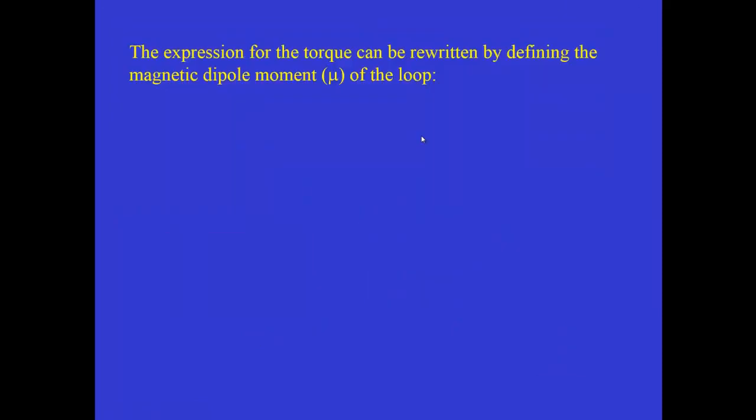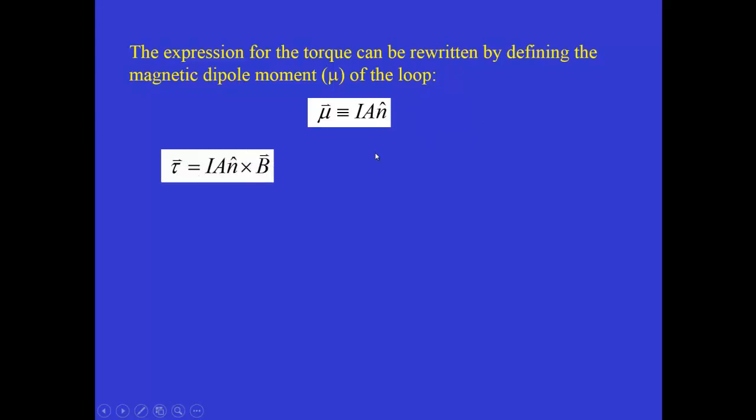So we can also write this torque down in a slightly different way by just defining the magnetic dipole moment of the loop to be the current times the cross-sectional area, and then the vector nature of it is given by multiplying by the normal vector. So the torque becomes, which was in the previous equation, I A n hat cross B, we can summarize that as the torque being mu cross B, where mu, this definition, is the magnetic dipole moment. And hopefully you remember that when we talked about electric dipoles, we also defined something called the electric dipole moment, and that was a measure of how strongly that dipole would be affected by the presence of an electric field. Just like here, the larger the magnetic dipole moment, the larger the torque will be